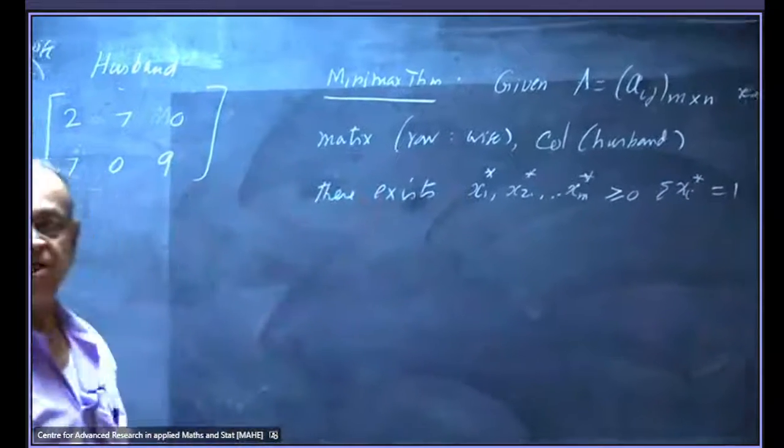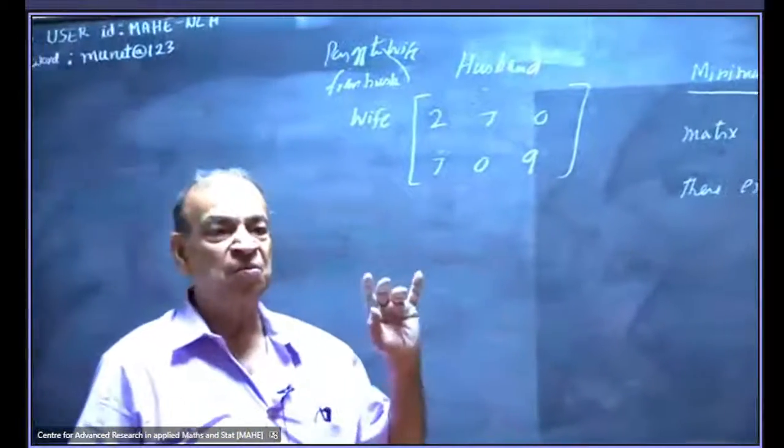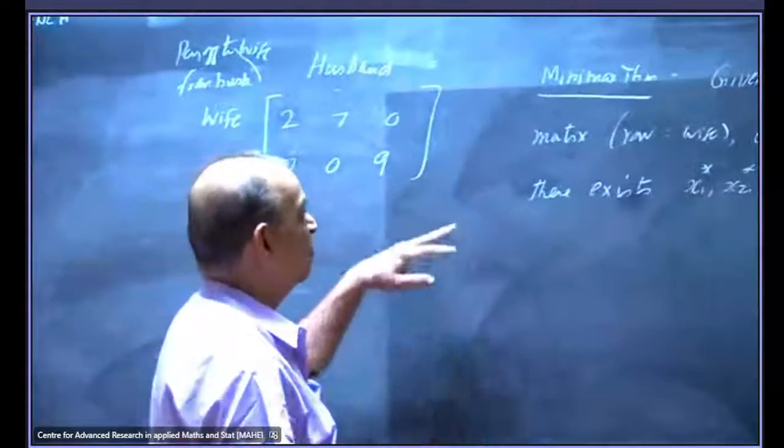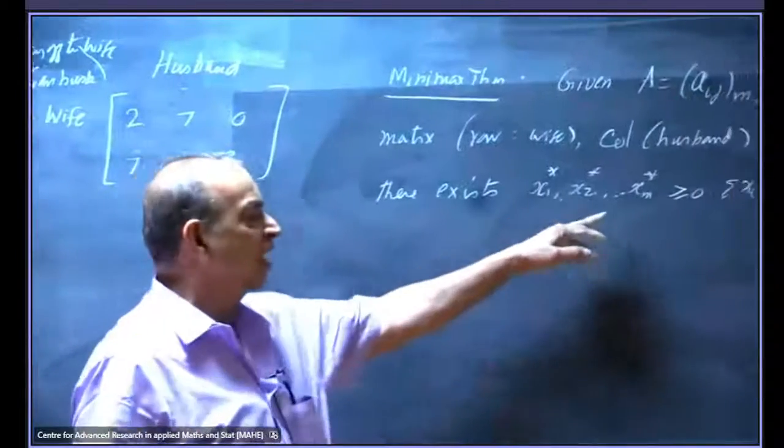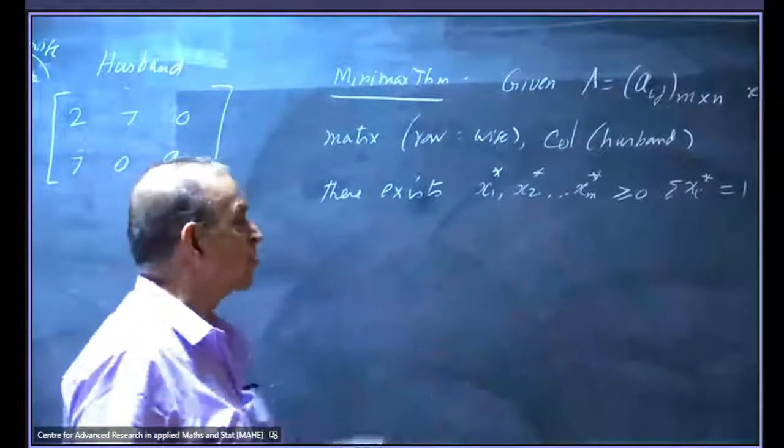That means each row is chosen with certain probability. The first row is chosen with probability x1 star, the last row is chosen with probability xn star,